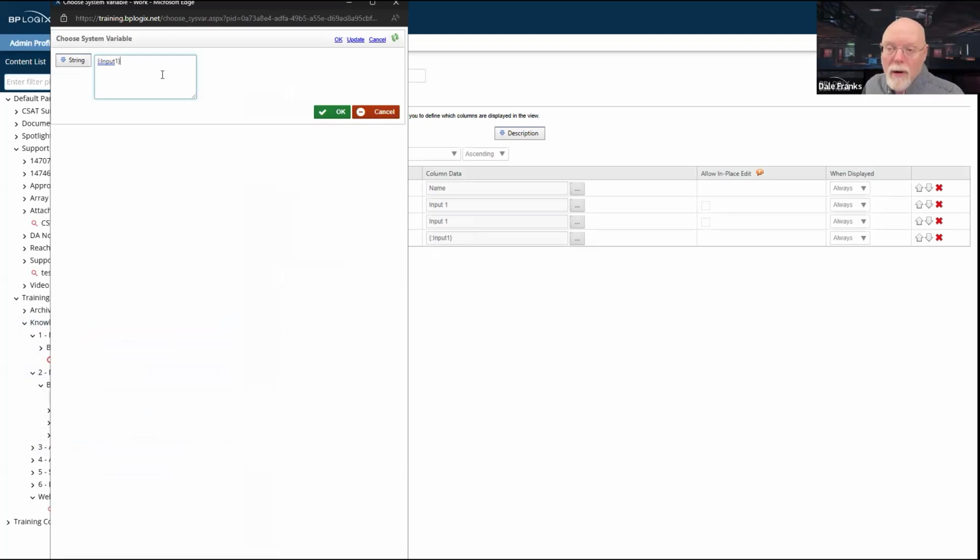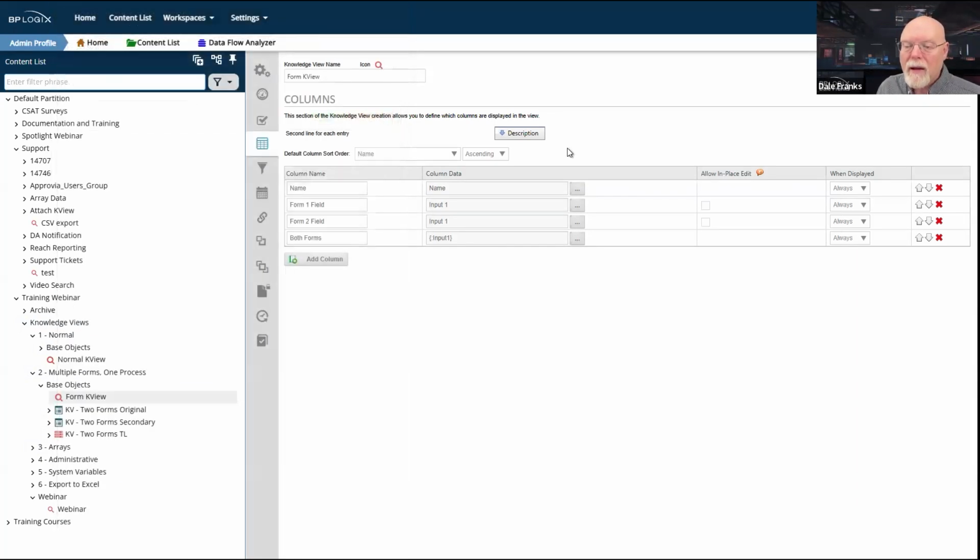And this will work. The reason it will work is because when each row is generated, it's going to look at the system variable and look for input 1.